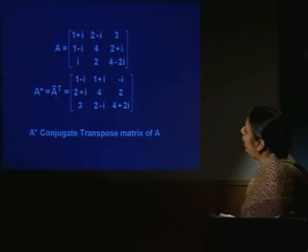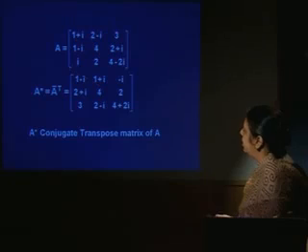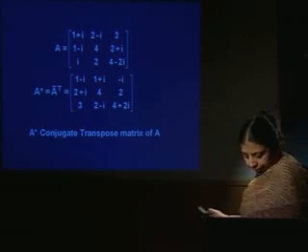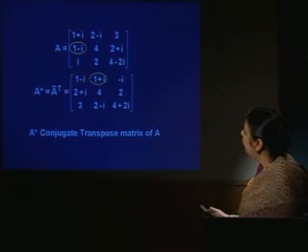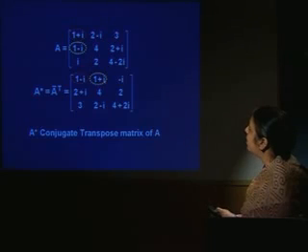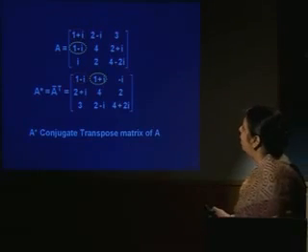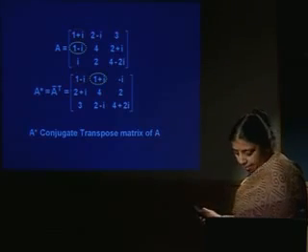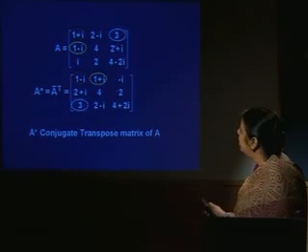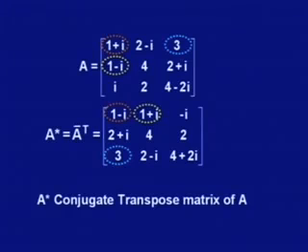So, we denote it by A bar transpose. Two operations are taken together, bar and transpose. This can be checked for other elements also. It is 1 minus i, 1 plus i, the complex conjugate of this. This appears in the first row, second column, and this appears in the second row, first column. And one can check it for each and every element here. It is 3, its conjugate is 3, this appears in the first row, third column, and this appears in the third row, first column.